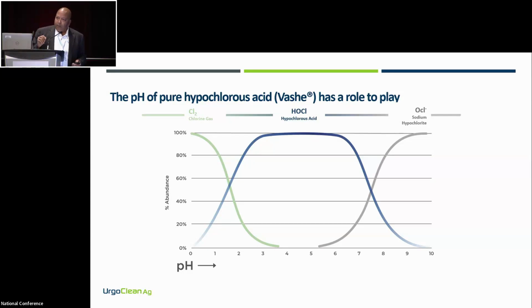So I want to talk about hypochlorous acid again. Why am I switching back and forth between the two? This is a quite famous graph that explains how hypochlorous relates to its evil cousin, hypochlorite. You know about Dr. Jekyll and Mr. Hyde? That's hypochlorous and hypochlorite. Good versus evil. So the blue line shows that at a particular pH in which Vashe is created and stabilized,